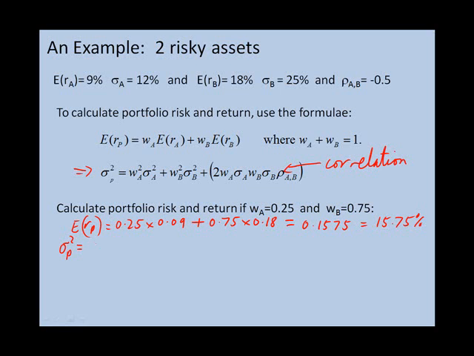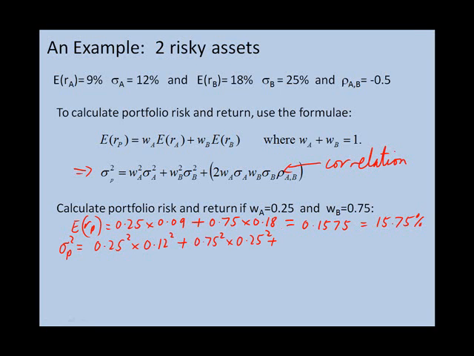So we've got WA squared, so we've got 0.25 squared times by the variance, and we know that the variance is going to be equal to the standard deviation squared, plus the weights in asset B squared times by the variance of asset B, which is 0.25 squared,